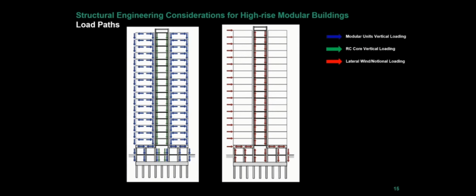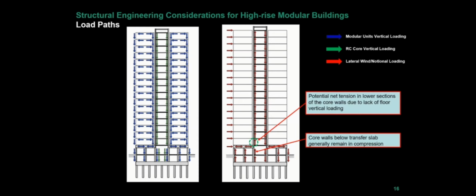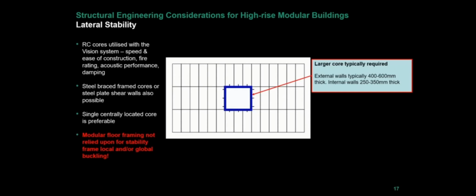From a lateral load point of view, the horizontal load is applied to the core, and you get a push-pull effect on the core, which obviously gives you high tensile loads on the windward face. In a traditional building, you'd have some significant floor loads at that level, but in a modular building, you've only got the weight of the core, so we do get some significant cracking and deflections in the core due to that issue, which means you need slightly heavier, bigger cores than you would for a fully traditional building. In terms of core positions,